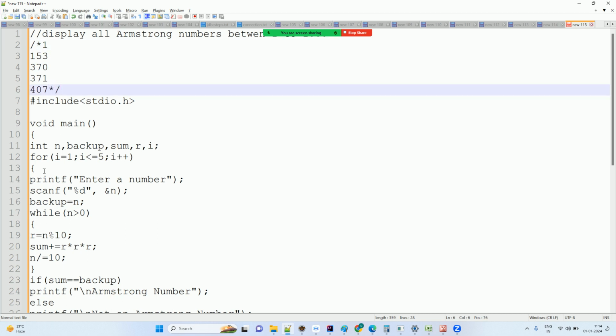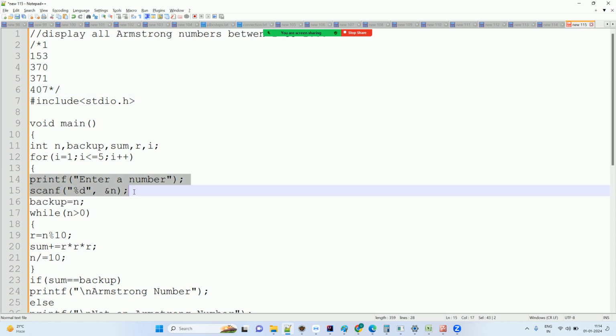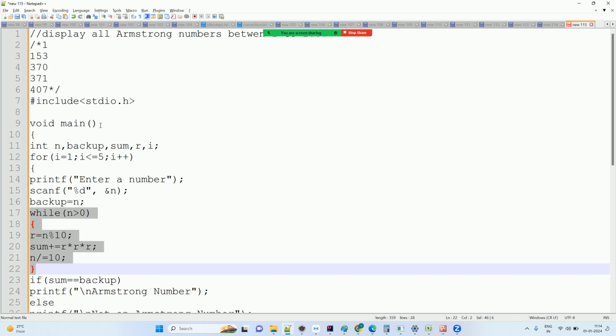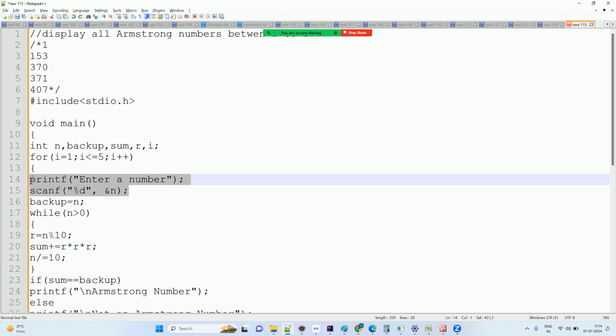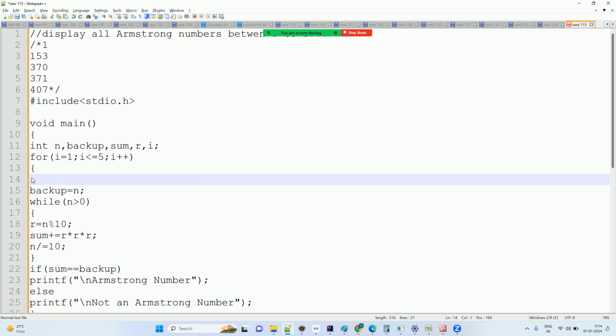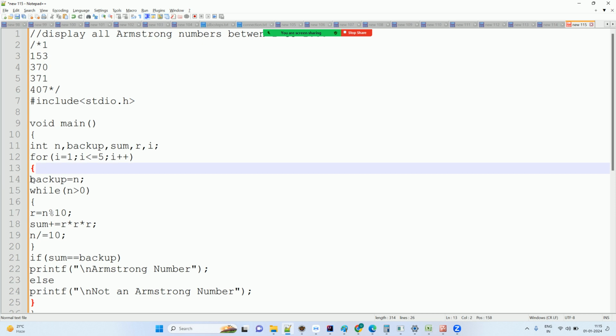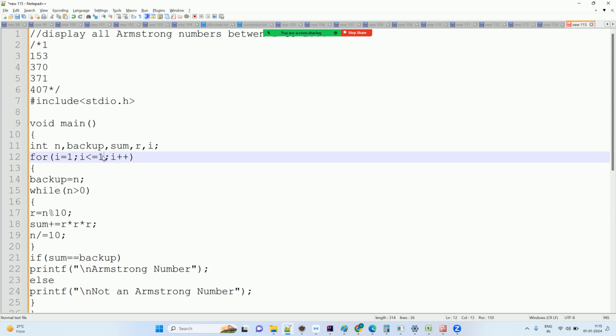Now my question is, will we have to accept a number from the user now? Which number was the one we would accept from the user? That number we would check, correct? Now as we are not going to accept any number, what will we check? From 1 to 1000. Now we are checking for 1, right? So we'll put that in the backup, okay? And now this I will remove, right? Okay, but